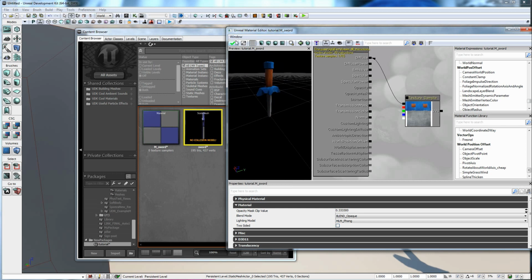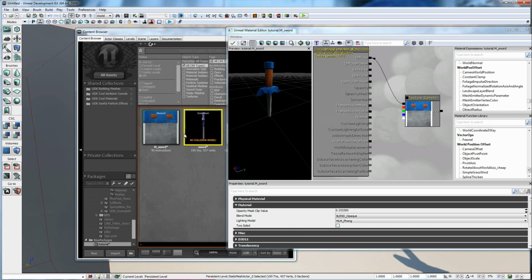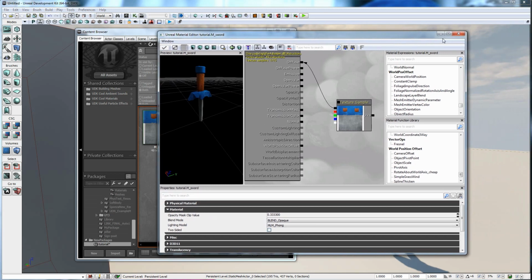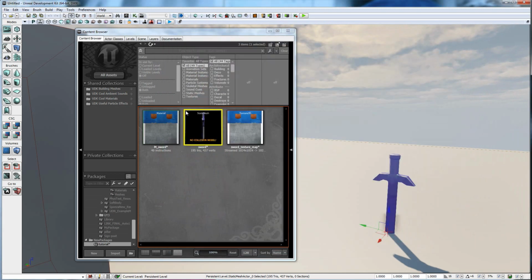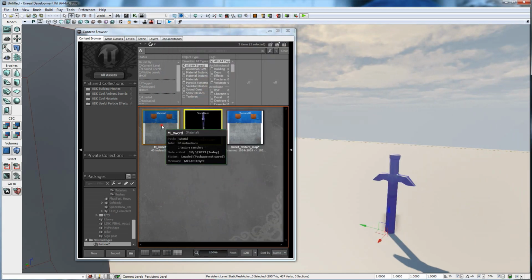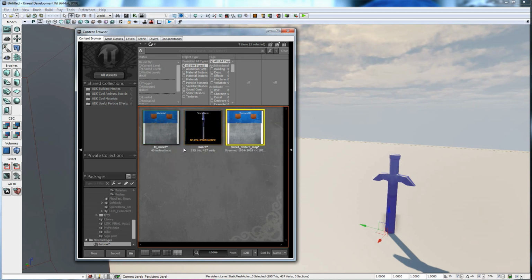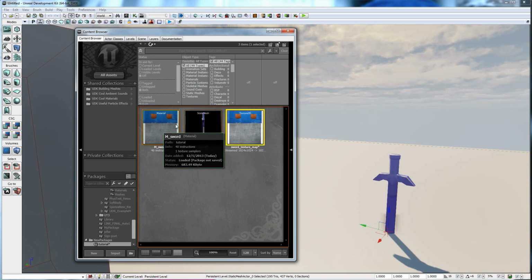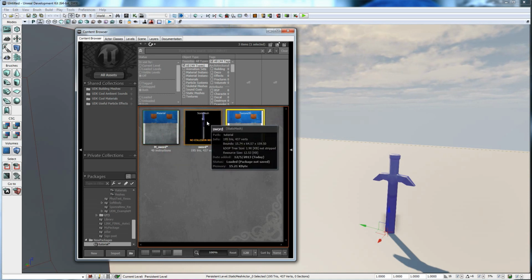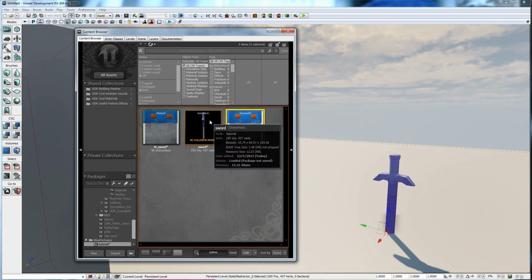So that's that. You have to press the check mark to save it though. Don't go to X, just press save first, which is check mark. And so that saves it. And now we can close this out. And so now we have a material and the texture. They look the same because they're just using the same map, but the material is the one that gets applied to the mesh. So if we right click on the mesh